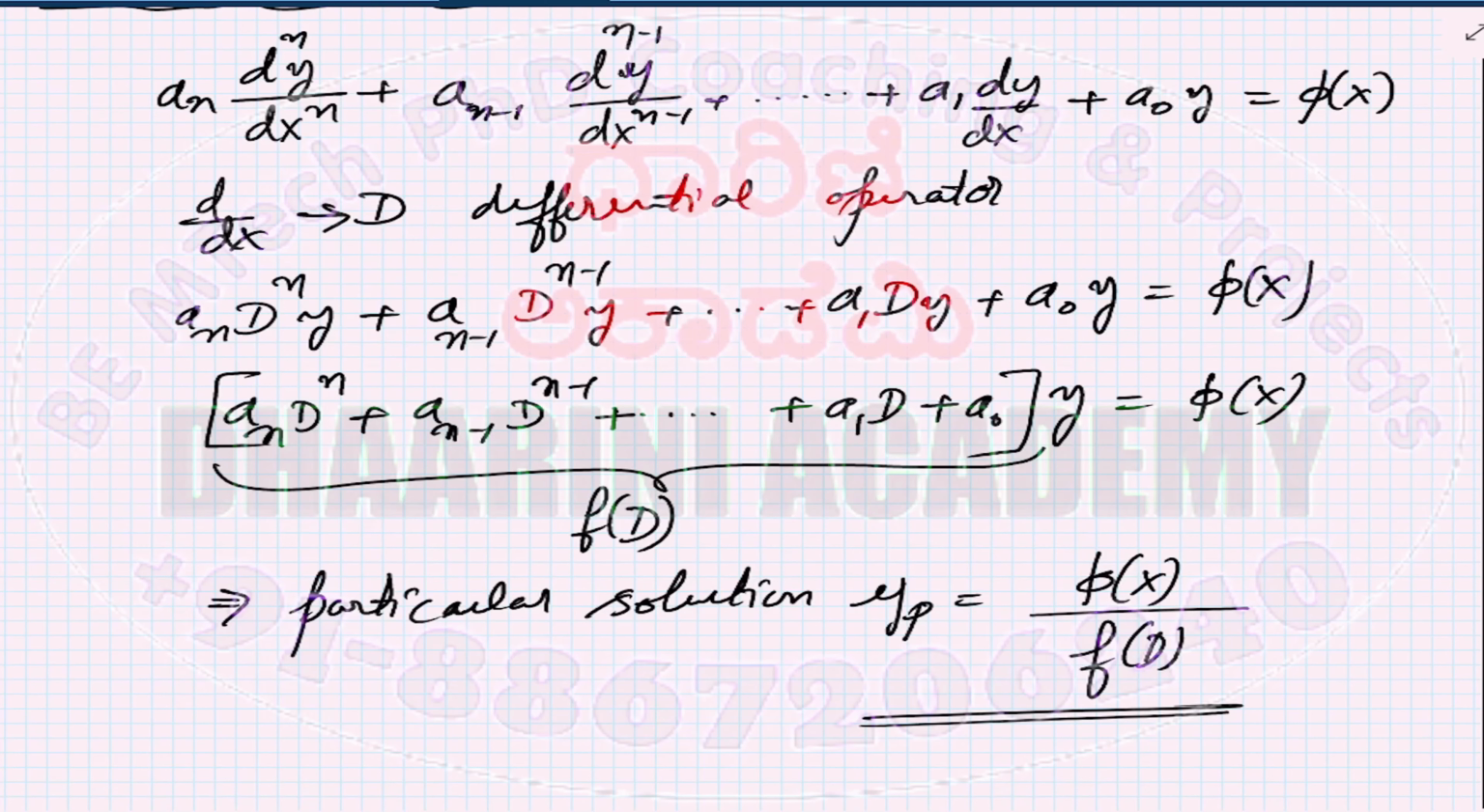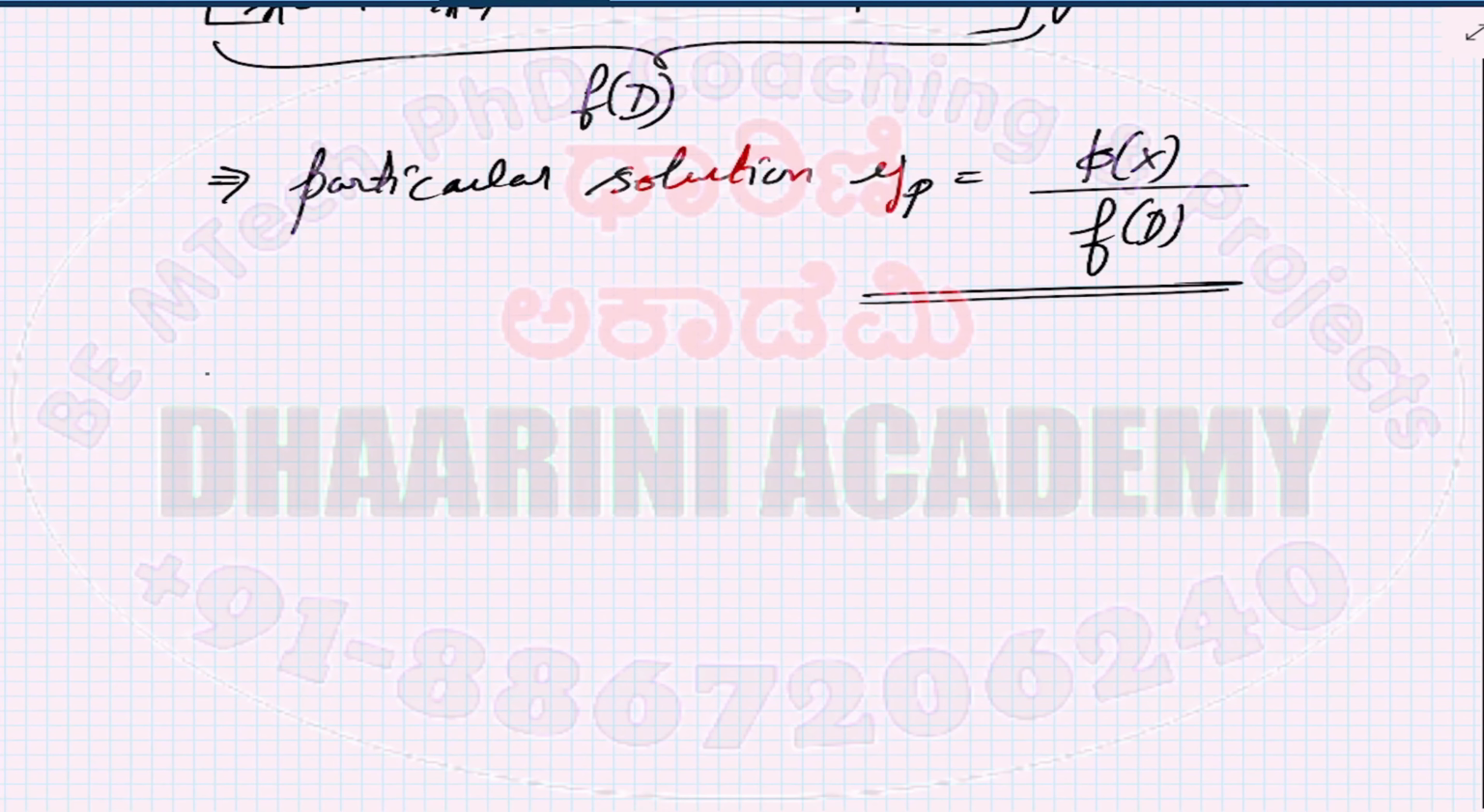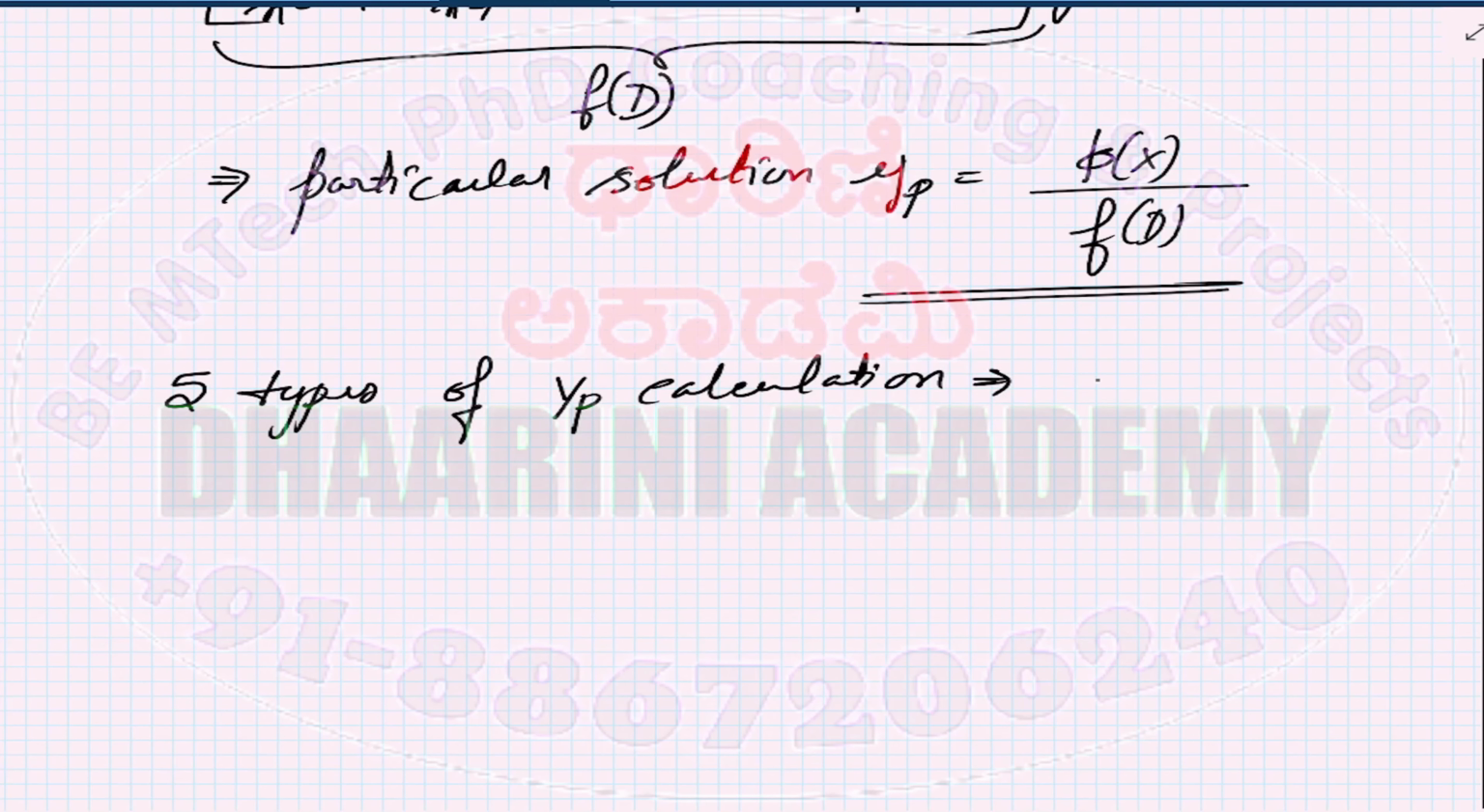That's the question. So the answer is there are 5 different cases, right? So there are 5 types of yp calculation, and this calculation depends on the phi of x. So 5 different types of phi of x will be discussed, and for each of the phi of x we have a different approach to solve. Okay, all right, so let's start with the first one, that is